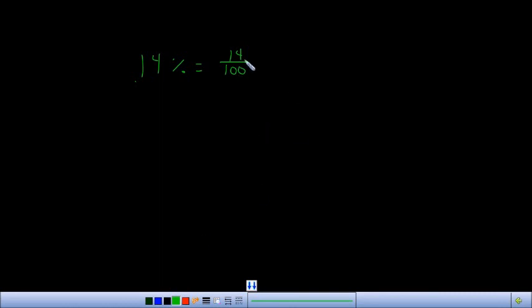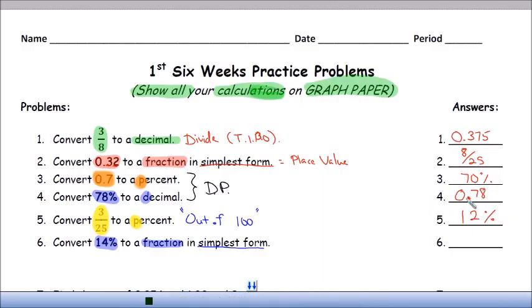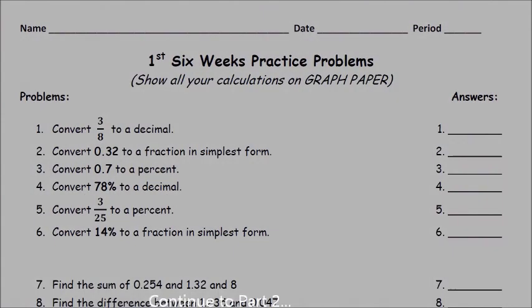But this is not in simplest form because we have an even number on the top and an even number on the bottom. So at least I know I can divide both top and bottom by 2. And if I divide top and bottom by 2, 14 divided by 2 gives me 7, and 100 divided by 2 gives me 50. So my answer is 7/50. I can't reduce anymore because 7 is a prime number. So I'm done. So 7/50 is the answer for number 6. Okay, now we're going to look at the next section,